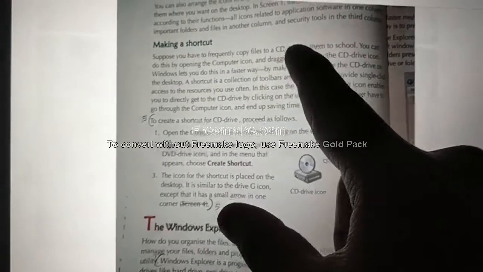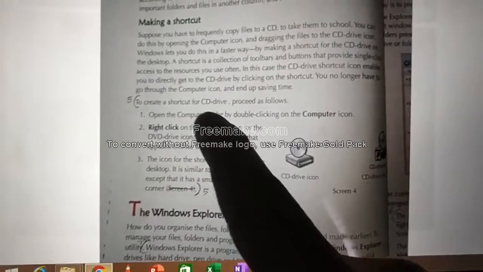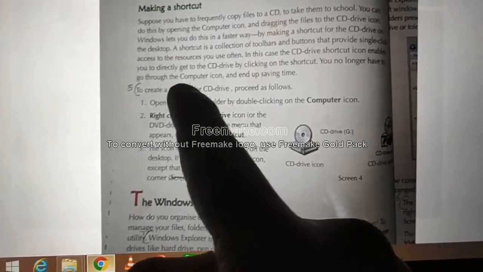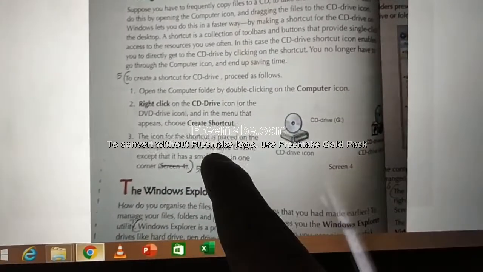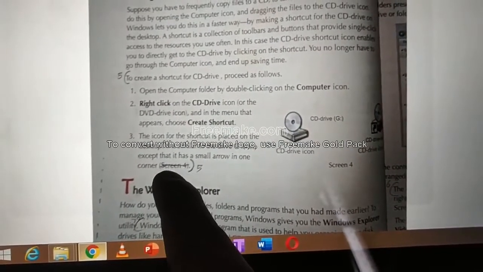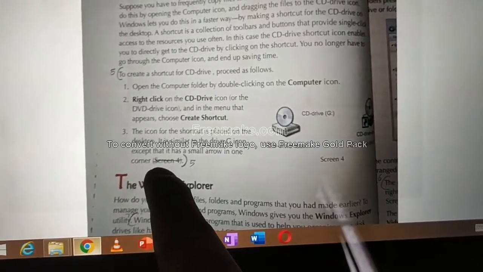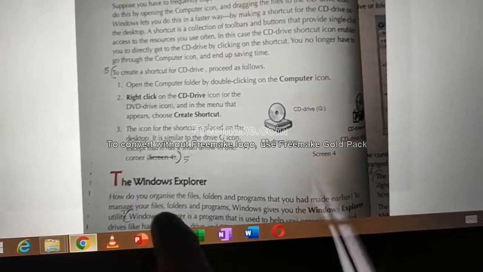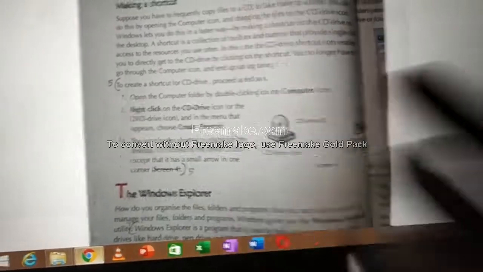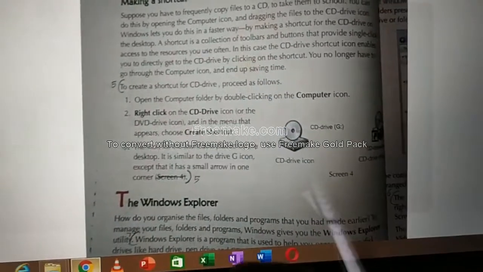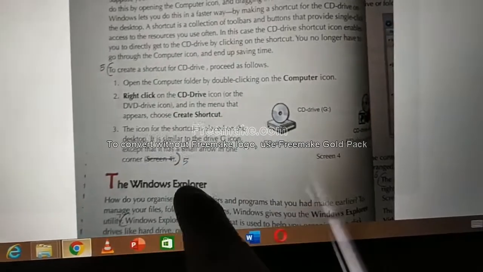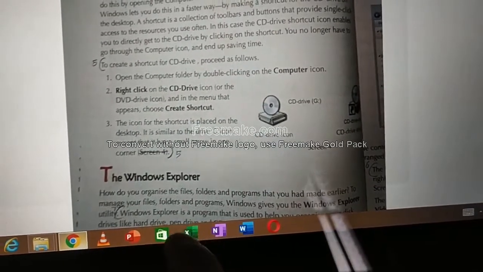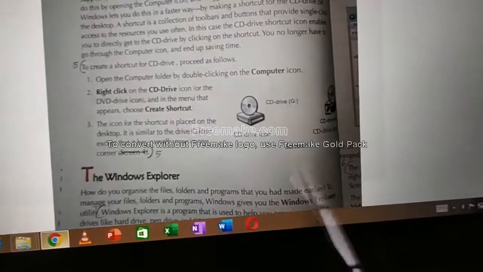Under the heading making a shortcut, go to the second para, from "to create a shortcut" to the end of the third point, the corner, is the answer for question number 5. Don't write the screen 4 and all, you know that very well. We'll see the next question.